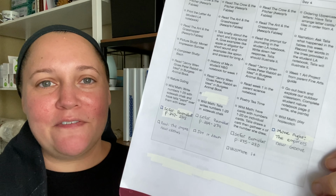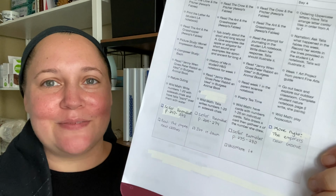I really like having that flexibility of the 4-day school week because we can start on a Sunday, we can have our whole week done early in the week, or we can spread it out, taking more breaks, and it gives us those extra times to go do field trips. Of course, we're in a pandemic, so I'm not really sure how that's gonna work, or just more fun activities together. So this is basically my first week, and you can see I've already made some edits and changes down there at the bottom,